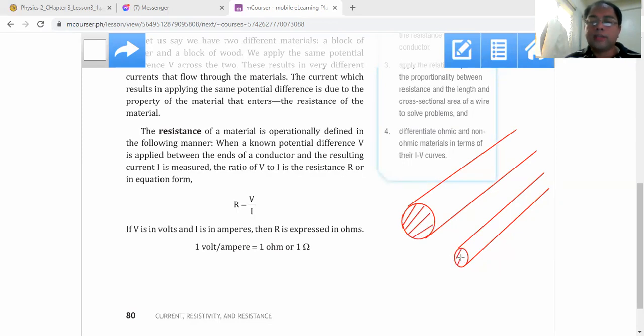Now, there's also a need for you not to use very big wires. If you are trying to connect a light, the terminals of your light bulb do not require very thick wires. You have to have a light and a thin wire to connect your proper device. So there's always a use for the sizes and dimensions of the wiring. But when these wirings vary in their area, they will eventually affect